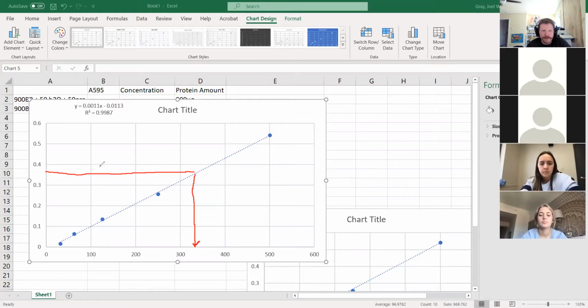My Y value is 0.375. Therefore, my X value is 325 micrograms. And you'd say 325 micrograms of total protein in a fraction of only 10 microliters of that sample. Does that make sense? So think about this and think about these two different graphs as they're both worthwhile, but